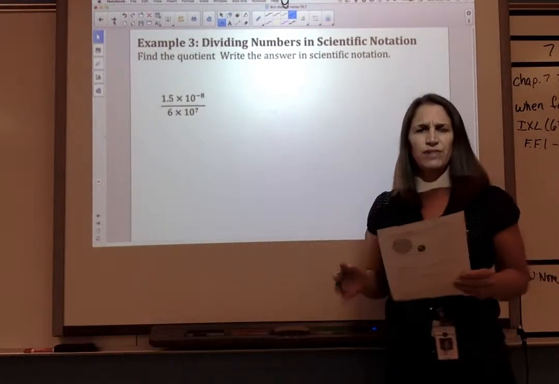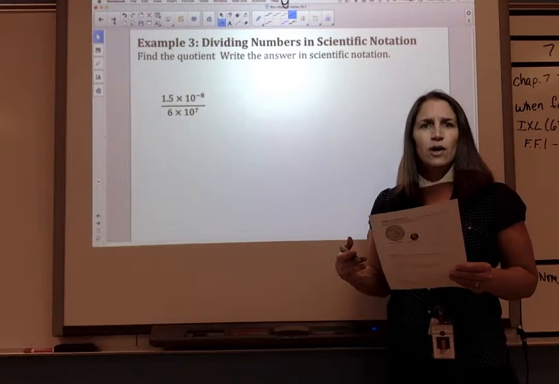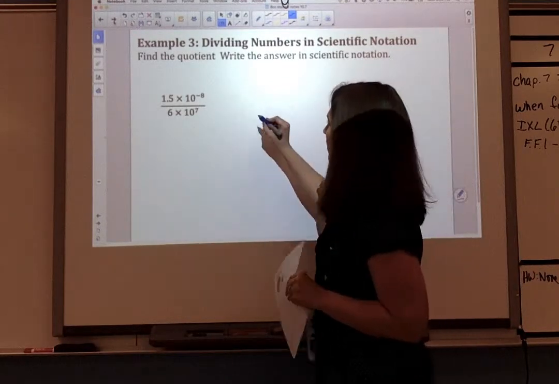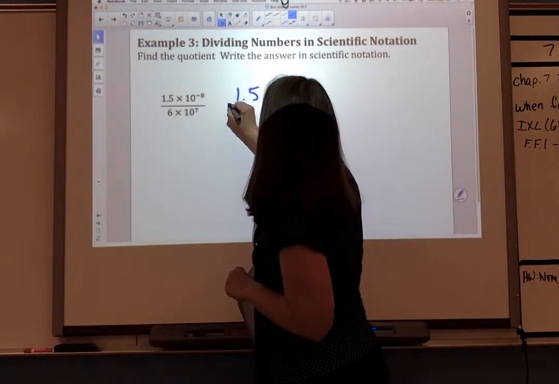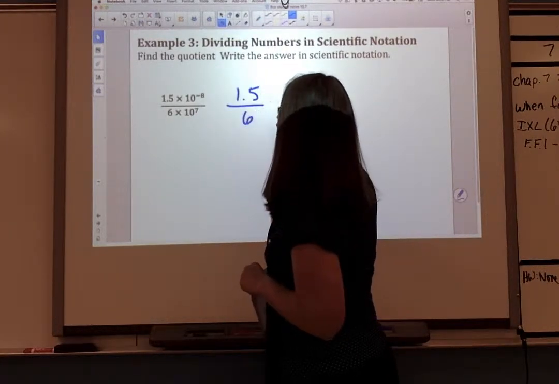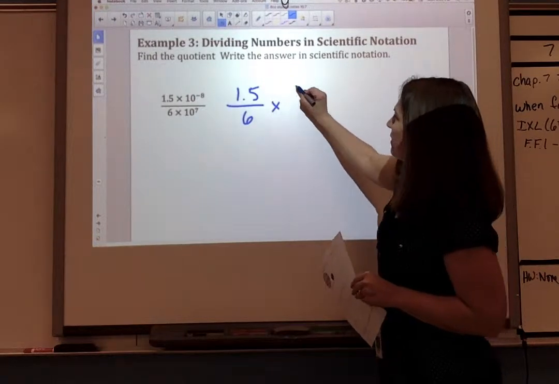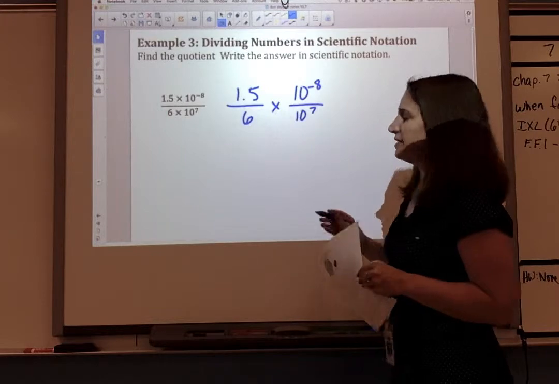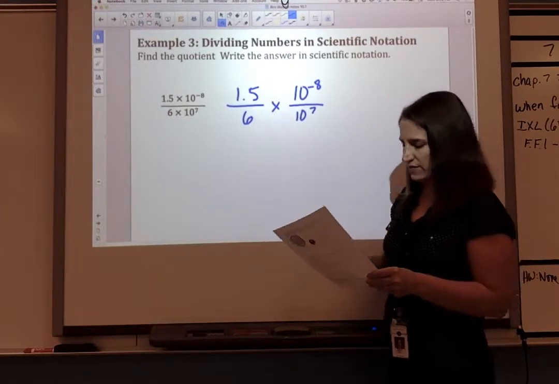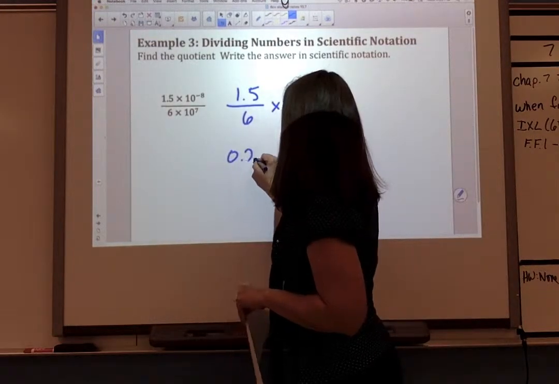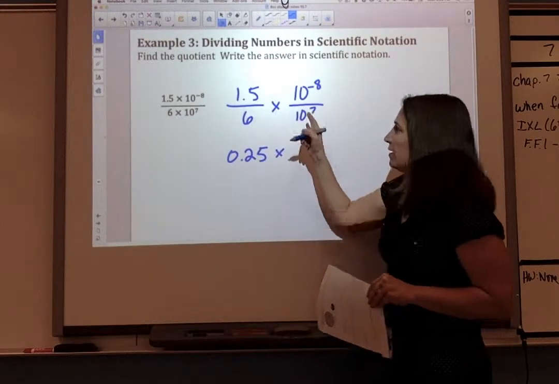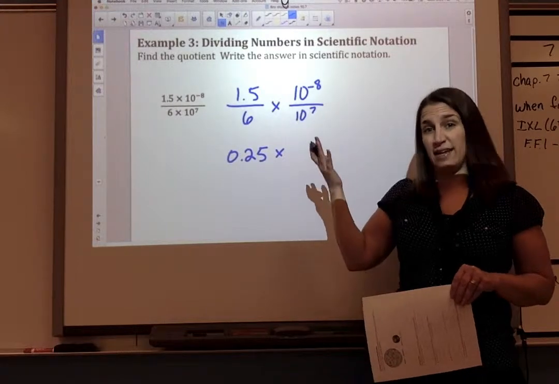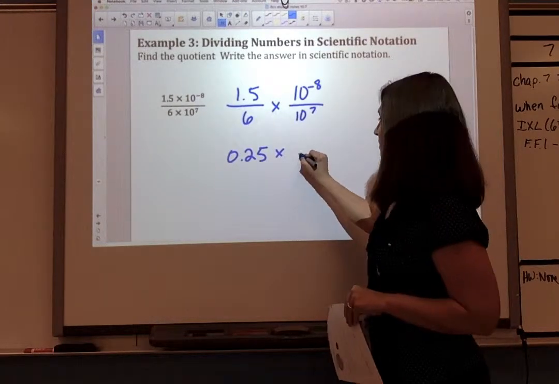Here we have 1.5 times 10 to the -8th divided by 6 times 10 to the 7th. So we're going to write this as 1.5 divided by 6, and we're going to multiply that by 10 to the -8th divided by 10 to the 7th. So 1.5 divided by 6 is 0.25. And then 10 to the -8th divided by 10 to the 7th is 10 to the -8 minus 7. So that's 10 to the